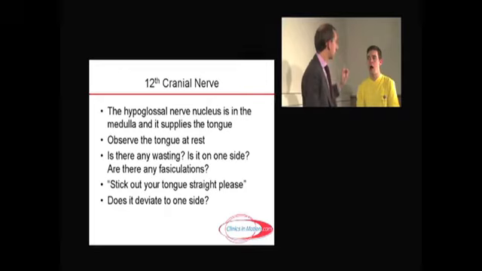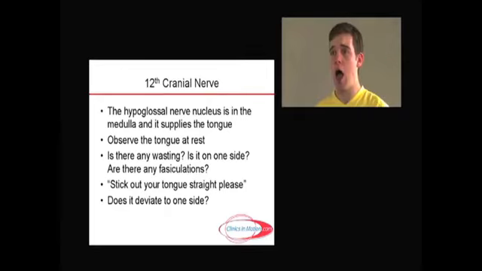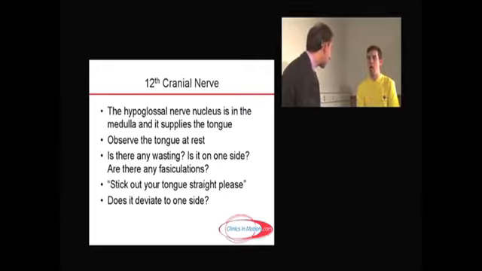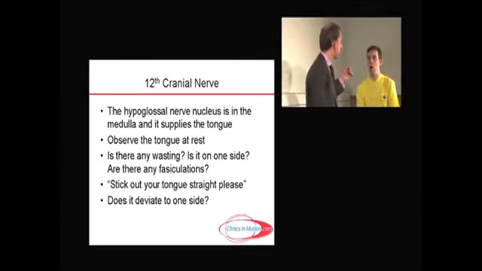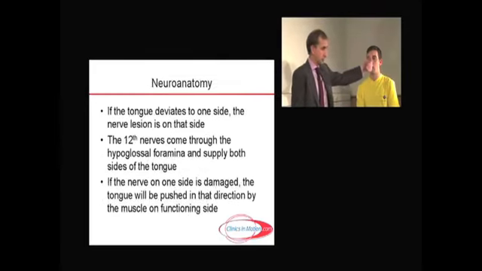And then you ask the patient, can you stick out your tongue straight, please? And if the tongue deviates to one side or the other, you must step back a fraction just to say, does the tongue deviate or not? And back in, thanks. If, for example, Donica sticks out his tongue and the tongue deviates to the right-hand side,